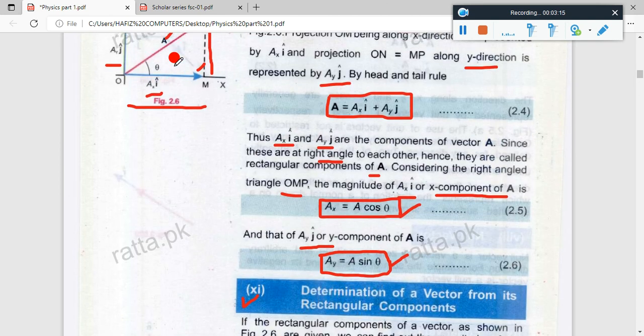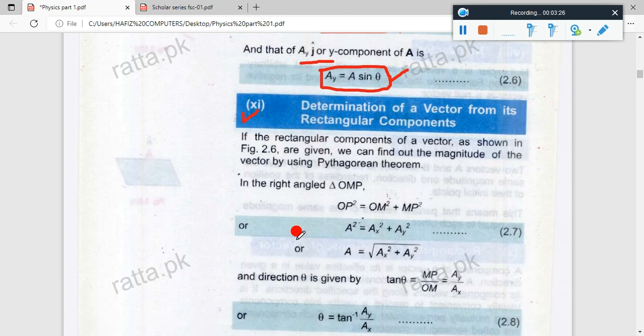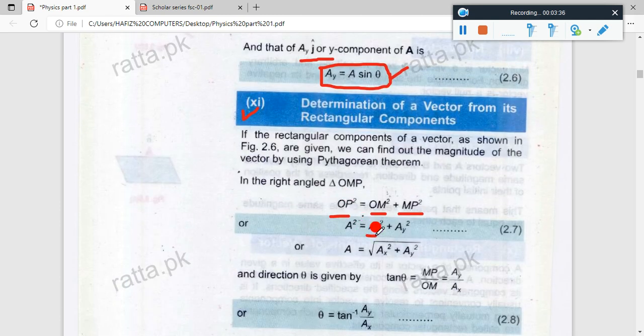In this triangle, OP is the hypotenuse, OM is the base, and PM is the perpendicular with inclination theta. So OP squared is equal to base squared plus perpendicular squared. Putting these values, OP is vector A, OM is Ax, and MP is Ay, so A squared is equal to Ax squared plus Ay squared,